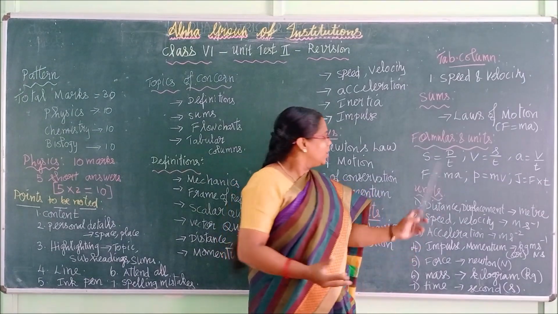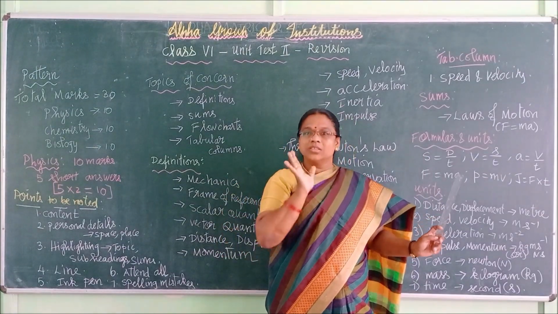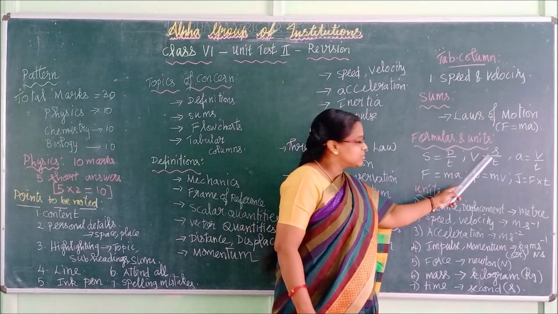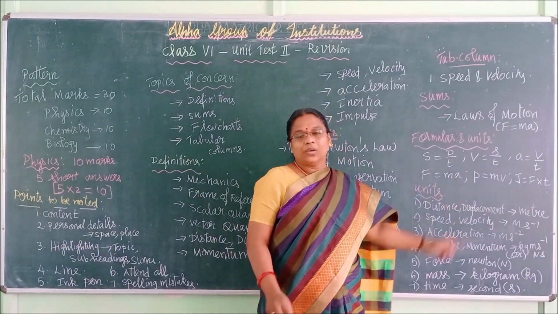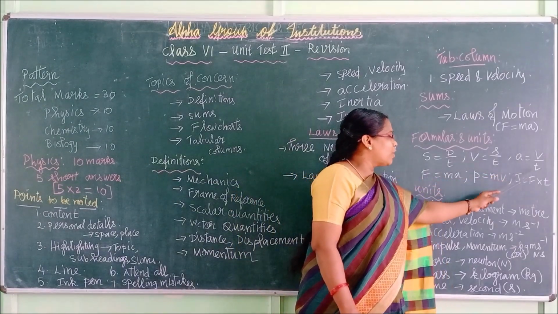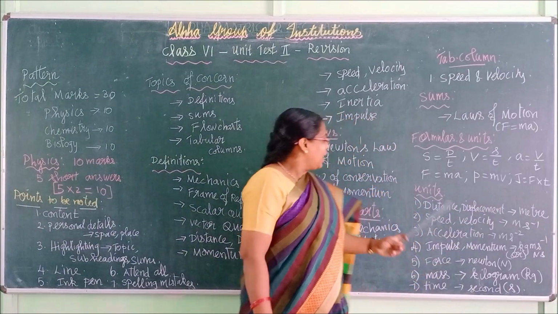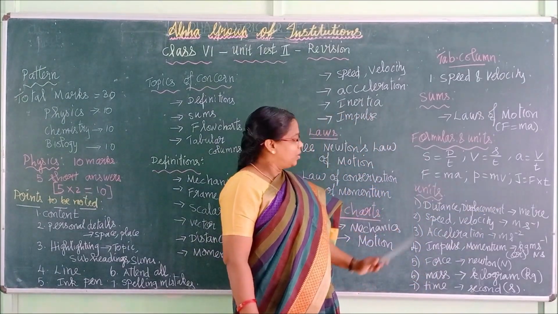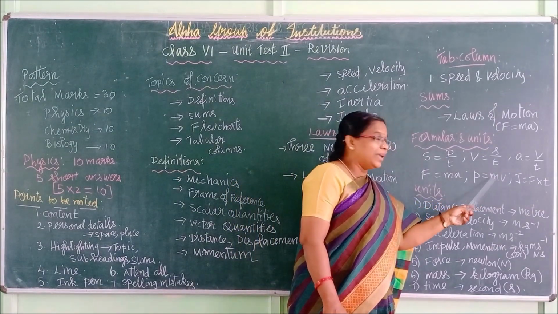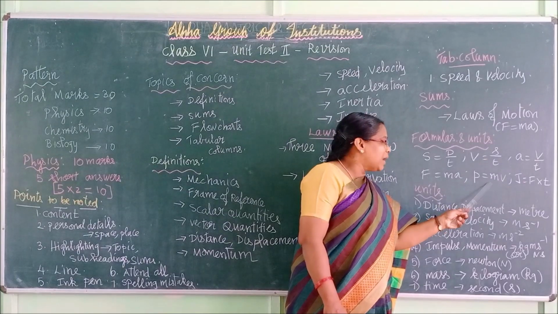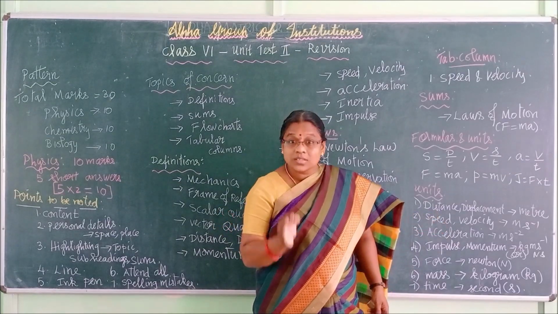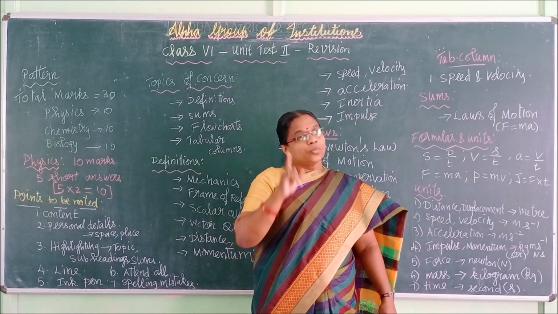Write in a differentiable way. If you write like this, yes, this is a capital letter, and when you write small s you get this crossway, like this. You can zoom in and write it. That may be indicated as small s. Then we have acceleration is equal to velocity by time, a is equal to v by t, and force is equal to ma, F is equal to ma. Momentum p is equal to mass into velocity, p is equal to mv. Small p here, small m, small v. Don't think there is no difference between capital and small letters. Yes, differences are there, so be very clear.